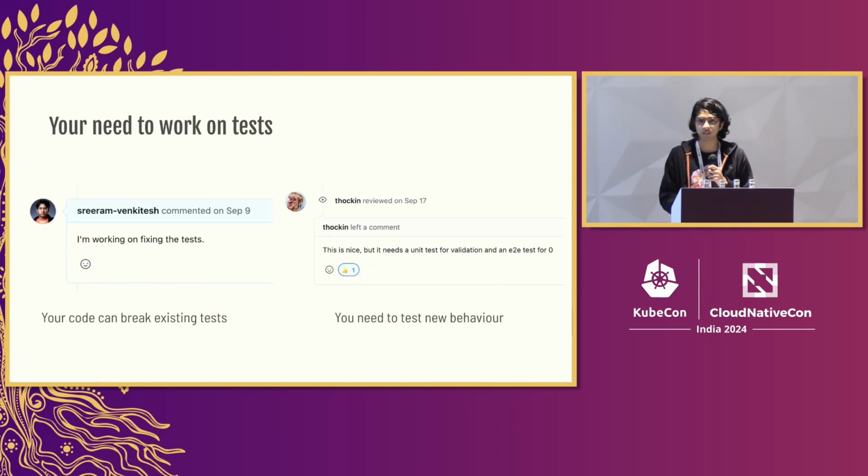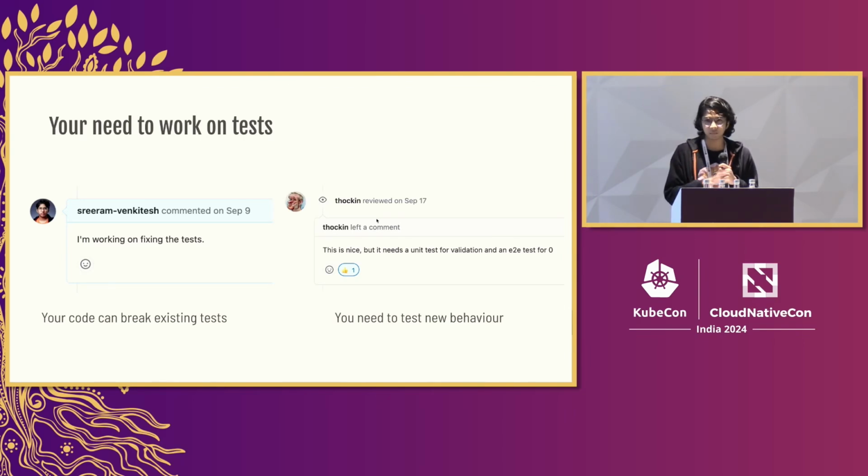I opened a pull request without knowing that some tests are being broken. I did not run the tests locally. I just opened the pull request and I started getting a lot of notifications from Prow that the tests are breaking. And the funny thing is that they send a notification every time a test is breaking. And I was getting a bunch of these notifications and I got nervous. So that was what happened on the left side. And on the right side,